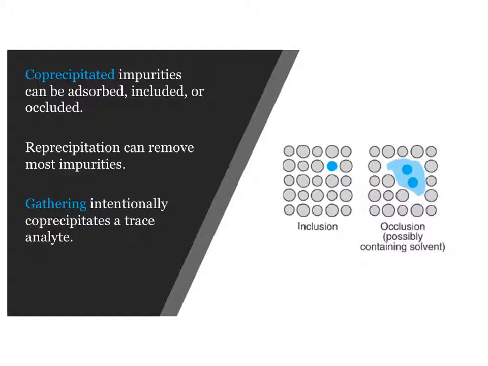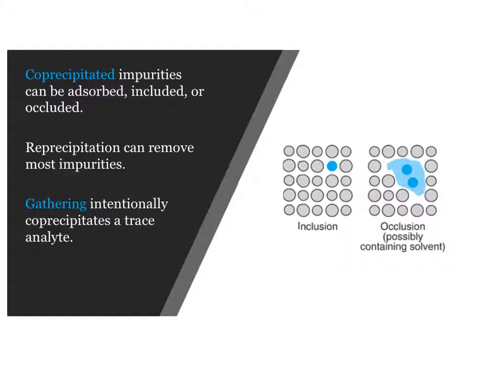A co-precipitate occurs when a substance whose solubility is not exceeded precipitates with a substance whose solubility has been exceeded. These co-precipitated impurities can be adsorbed or stuck to the surface, included, or occupying a lattice site within a crystal, or occluded, meaning the impurity is trapped, sometimes with solvent, inside a growing crystal. To remove these trace impurities, we can wash away the solution, dissolve the solid, then re-precipitate, often reducing the amount